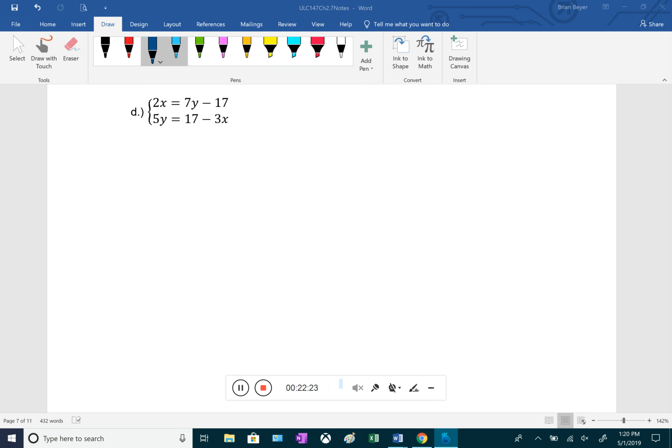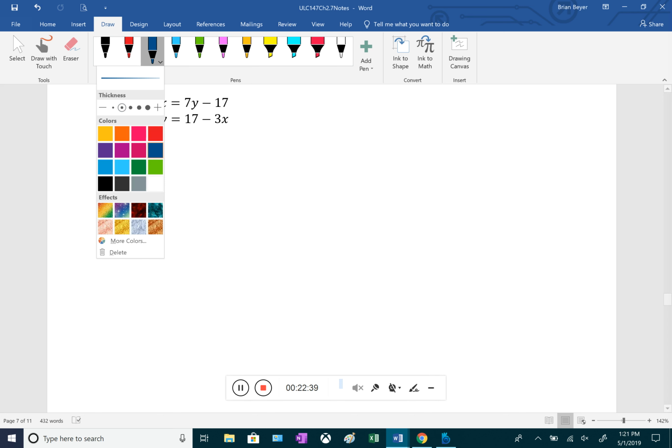Now let's do one more and then we'll get into the special cases, 2 examples of special cases. So we have 2x equals 7y minus 17 and 5y equals 17 minus 3x. So first we have to get this in the correct form. So it's going to be,